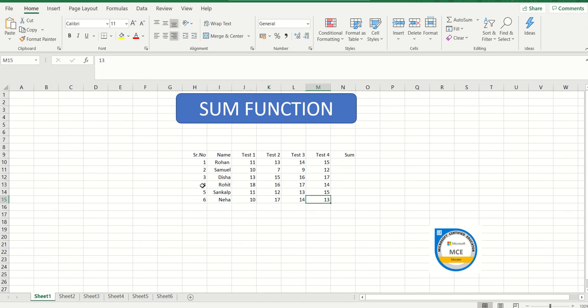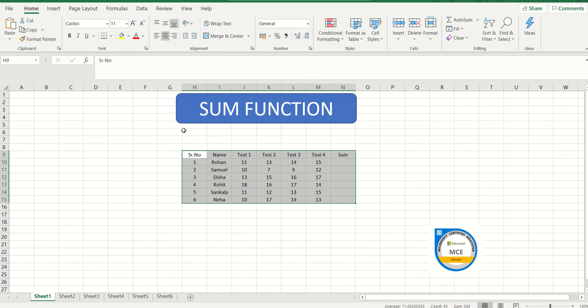Okay, and before I take you to the sum function, please always remember that once you enter your data in an Excel sheet, most probably it is going to be left aligned. You can see if I click on this cell, it is on the left side of it. But when you make a table out of it, because this data is there with me and I want to create a table, I would be selecting the entire data. Always it has to be center aligned, plus my heading, I need it in a different color.